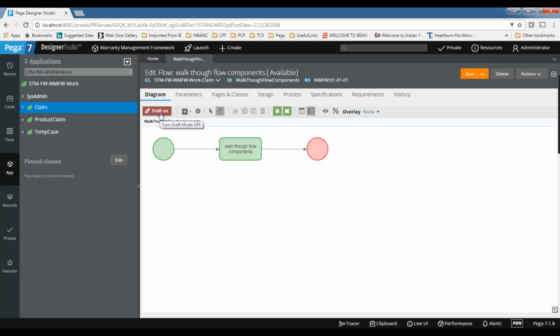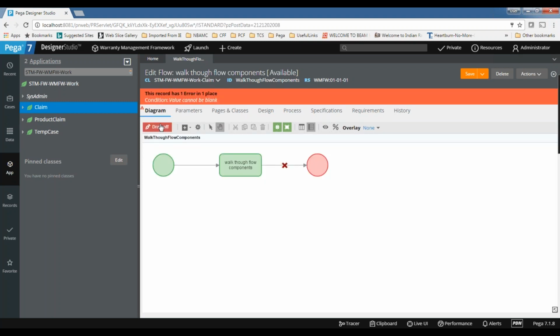Even if there are any errors on the flow diagram, the system won't show them because it is a work in progress item. When you disable the flag, just click on the button and it will go draft off. You can see the actual errors are there, but it was suppressing them.